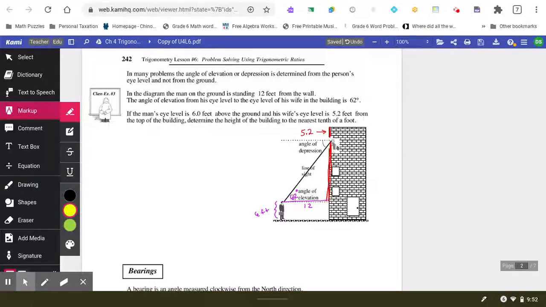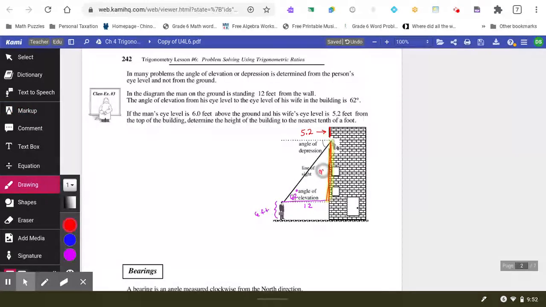Okay, we're going to find that, and then we're going to add, I'll make it yellow, all the extra pieces that we'll need to do that. So this is the opposite, and that's the adjacent. So we're going to say tangent of 62 is equal to the opposite, I can call it x, over the adjacent. Cross multiply, and you get x to be